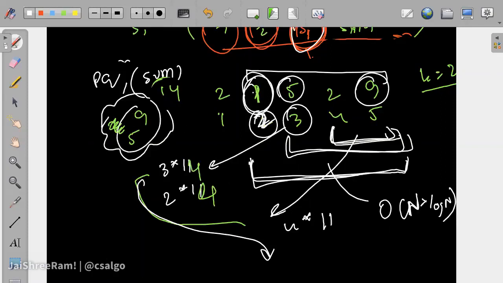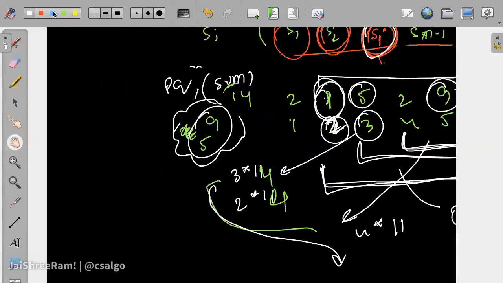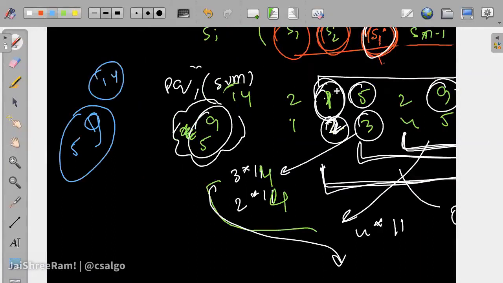So let me explain this one. This is a good invariant thing. When I had 5, 9 in the set, the sum was 14, right? So let's suppose I take this new element. Initially it was, let's suppose, 5, and now I have 2, something.